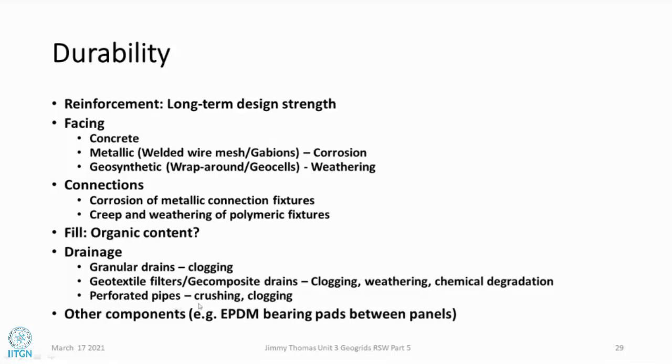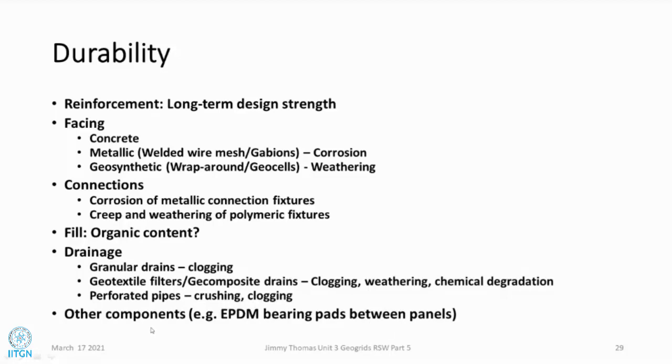Sometimes we put perforated pipes, so it may get crushed or it may get clogged actually. Suppose the sand or fines enters and deposits in that, then it may have a problem. So here also, providing adequate slope for the pipe is important, because we have heard about non-settling, non-scouring velocity. If the perforated pipe has the required longitudinal gradient, water will flow inside at a sufficient velocity so that fines will not be deposited. But if you are installing it horizontal, sometimes fines get deposited, and it may get clogged over a period of time.